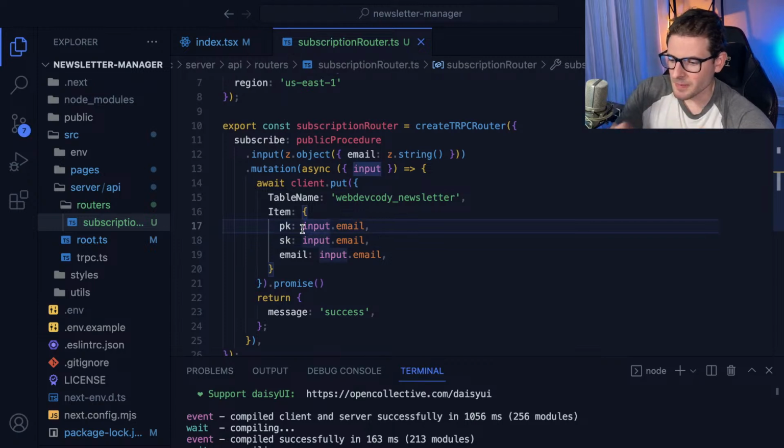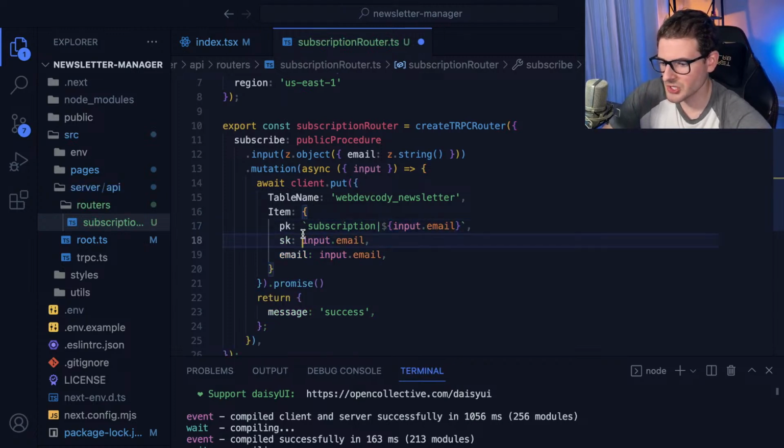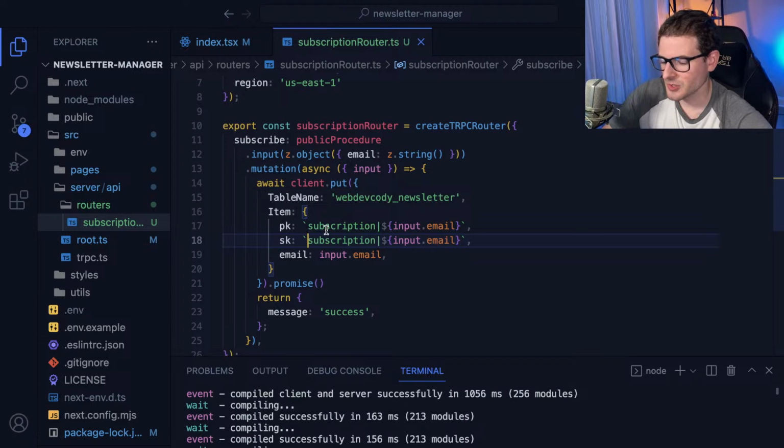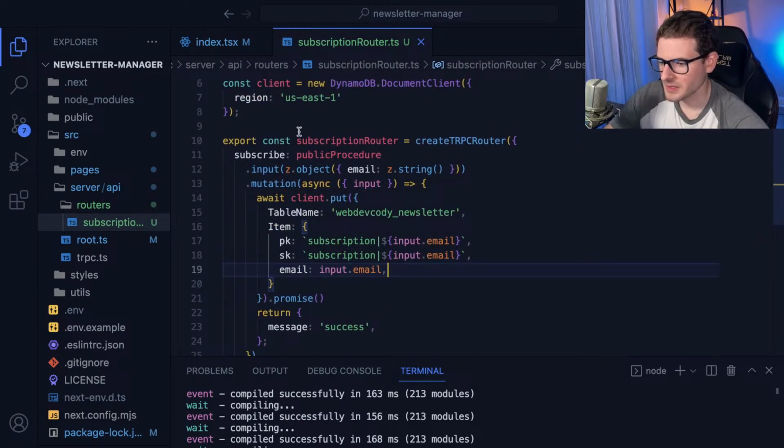And typically what I do is I put them, like, I might do this. This is just a convention that we have been using. It's not the right or the wrong way to do it. But what this allows us to do is, when you get a bunch of different types of data, you put a prefix on your data so you know what you're looking at. And then you also can put the actual data here. Seems kind of weird, but that's what I'm going to do.